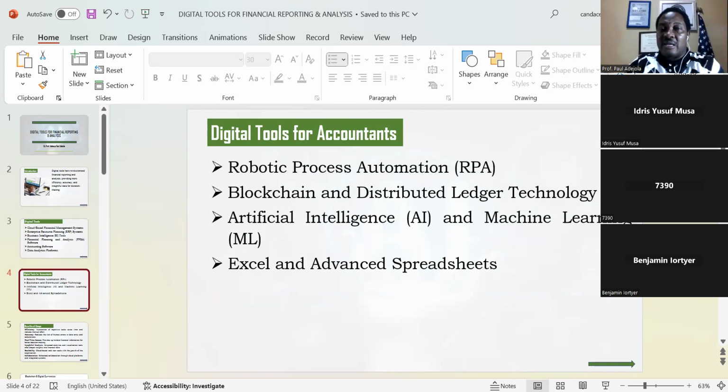And the last one there, we've seen Excel and advanced spreadsheets. And I told us earlier, when we go deeper, we have another AI tool called Excel Formula Bot. When you see some really advanced formulas in Excel, they have no meaning to some of us, except maybe you are trained in developing those formulas.